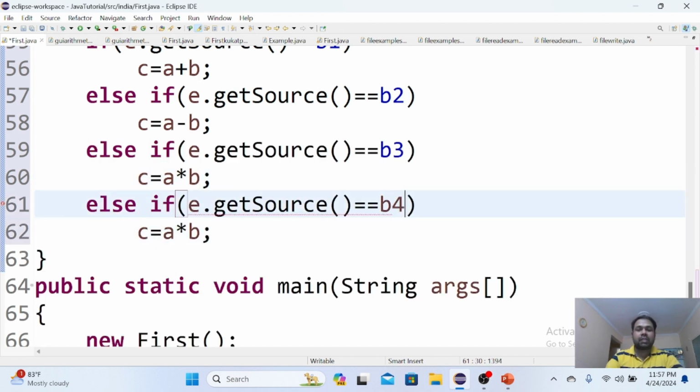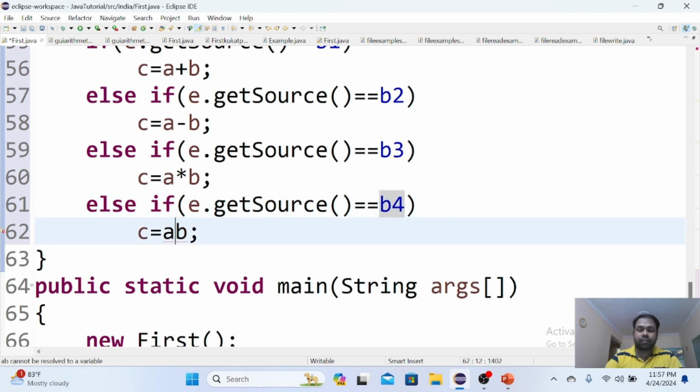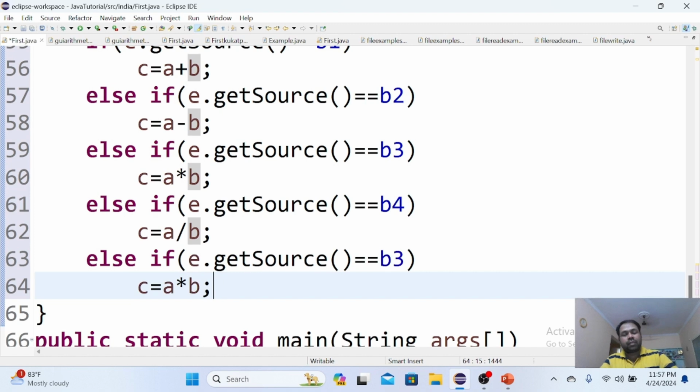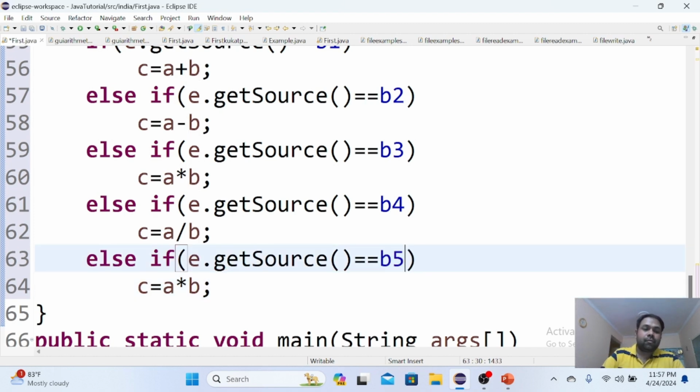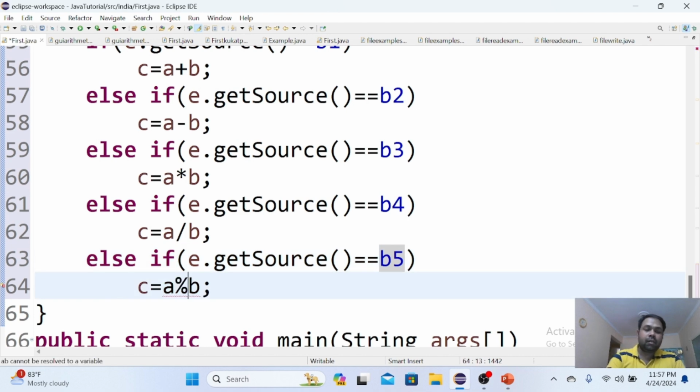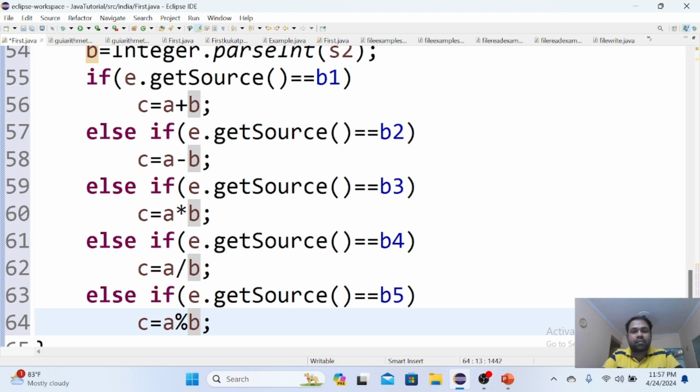If the user selects button 4, what is the operation to be performed? Division. And now at last you can write else or else if, as you wish. If it is button 5, what symbol do you have to write? Modulo operation. So whichever button you select: button 1, addition; button 2, subtraction; button 3,